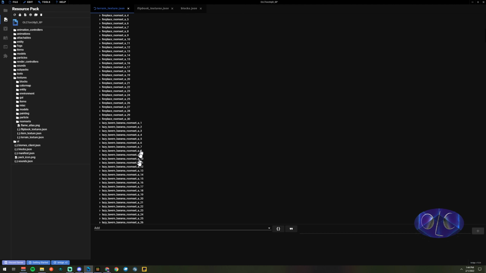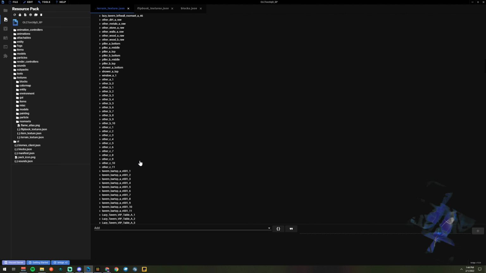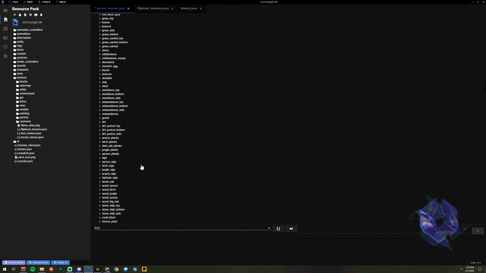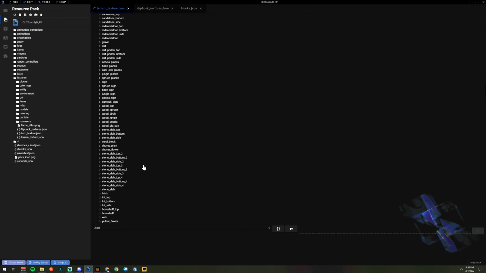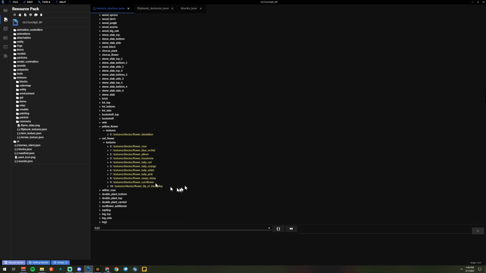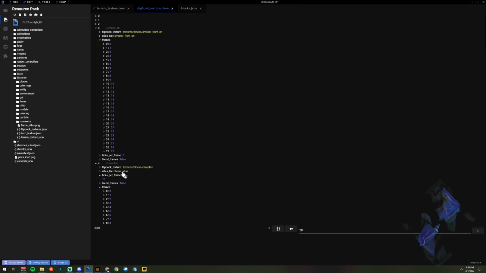So within the variants, you need to specify which variant you're animating, otherwise you'll get that popping effect. And I think a lot of people don't use animated blocks because they don't understand this one simple step. I know that I struggled with this a lot and it pushed me away from animated blocks for a long time. So right here you can see red flower 6 is flower tulip white, and so we would just define that in